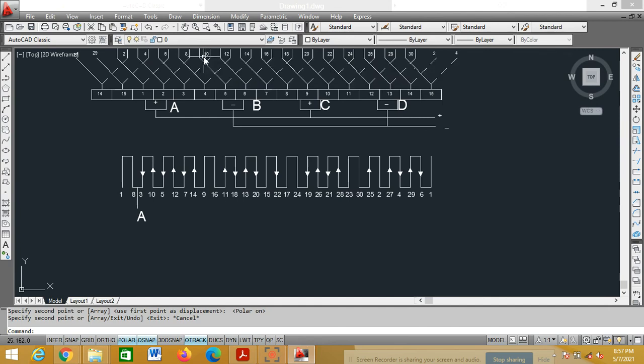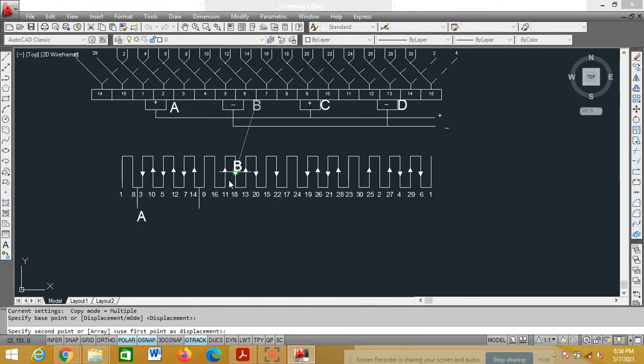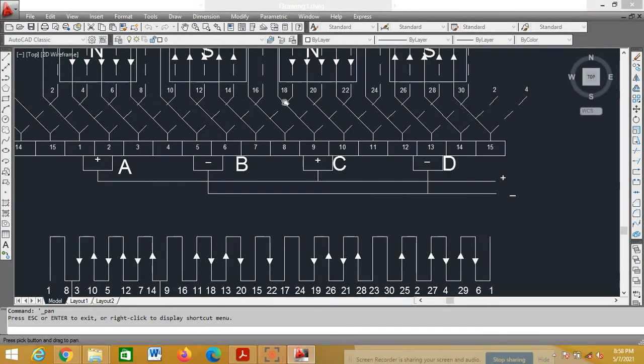Next, negative brush B. This is for 9 connected to 14. Draw a line. It is B. Then C. Positive brush C is for 18 connected to, 17 connected to 22.